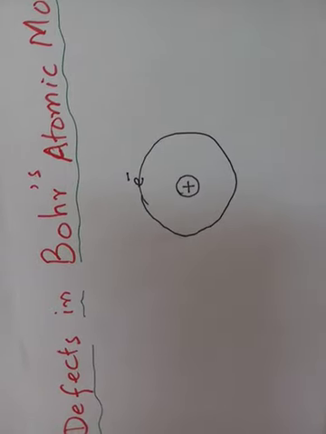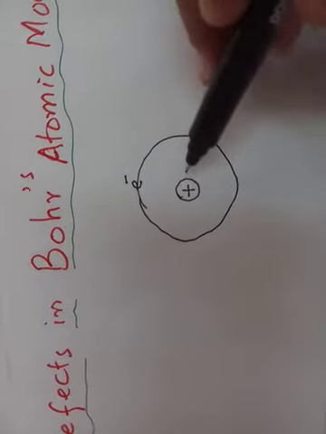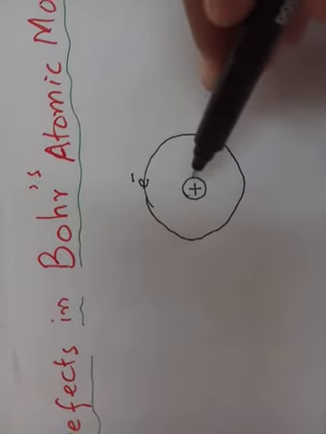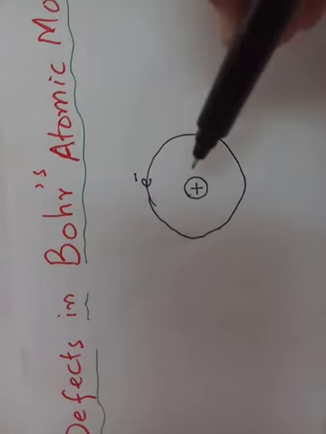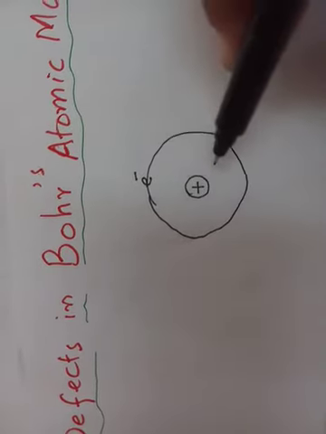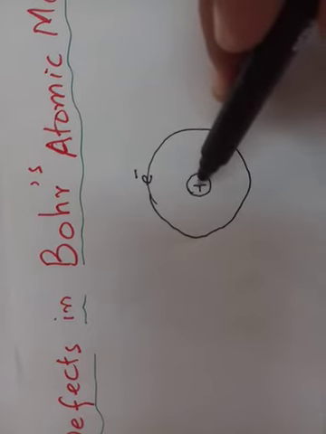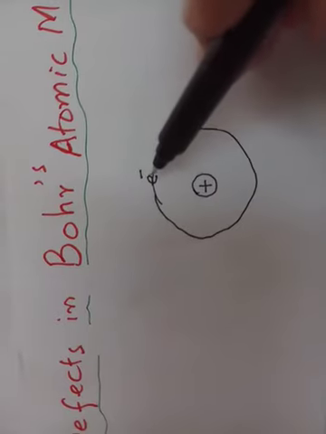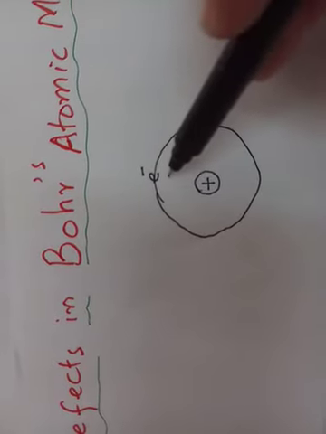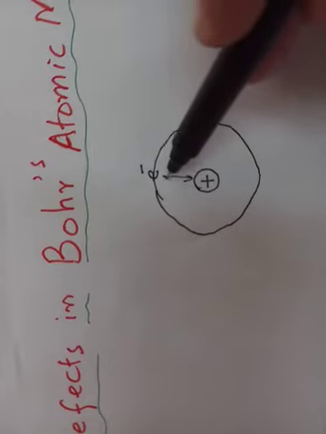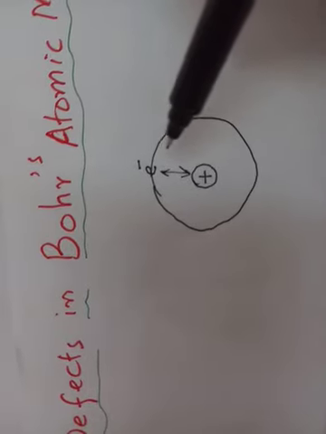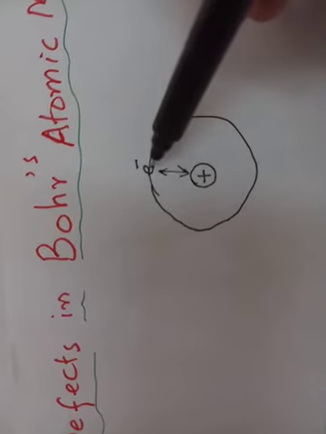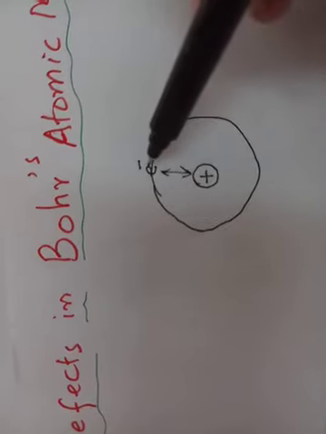Let me explain it. We know that while deriving the radius of an orbit or for any calculation, we consider just the nucleus and electron. The nucleus has one proton, which may be represented by a plus sign in hydrogen atom, and one electron. So there was a force of attraction between these two. We are only considering the force of attraction between the nucleus and one electron.